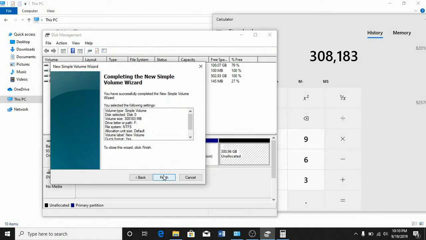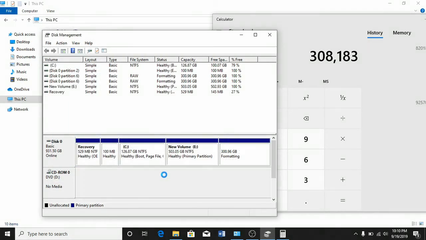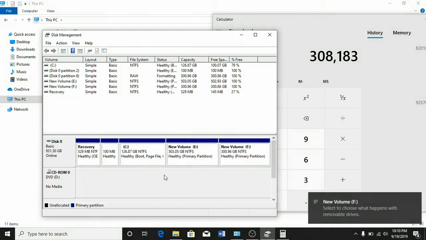Then click finish. As you can see, we have a new volume F.